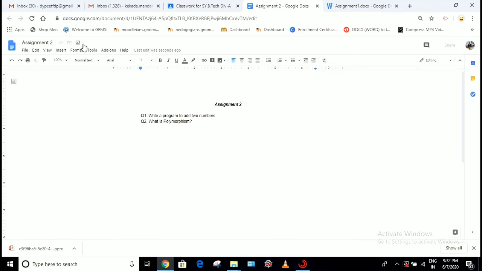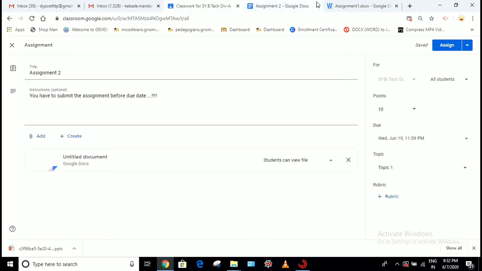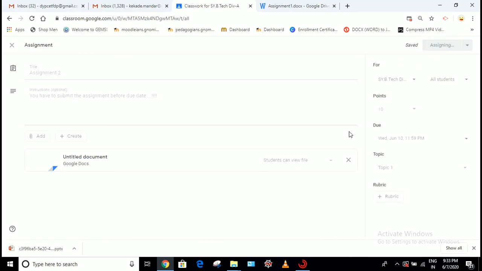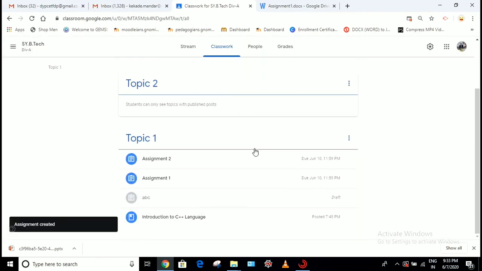You can see the file has been saved successfully. Now again you have to click on the Assign button, so this assignment will be assigned to the students automatically. You can see here Assignment 2 has been assigned to the students and its due date is 2 days after.